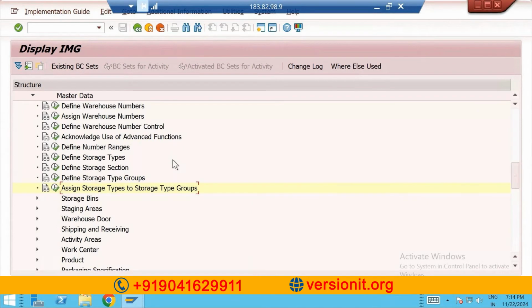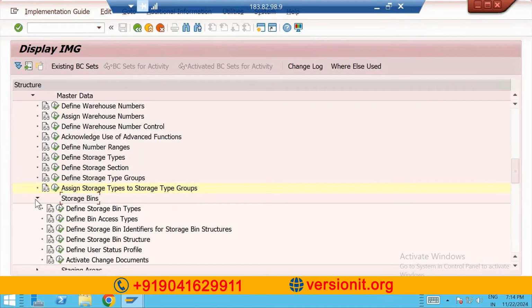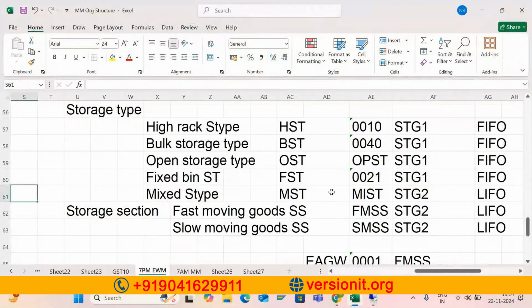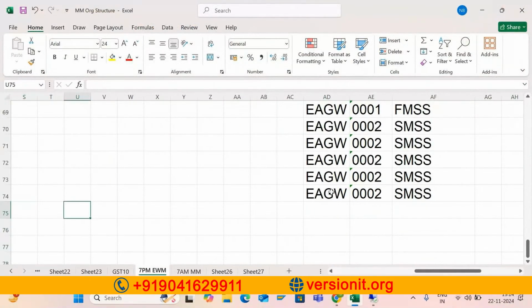then we have to do bin types, staging areas, doors, shipping goods, shipping and receiving points, activity areas, work centers. So these things we will try to define now. So let me try to define at least the storage bin type. Like what is a storage bin? A storage bin is nothing but the